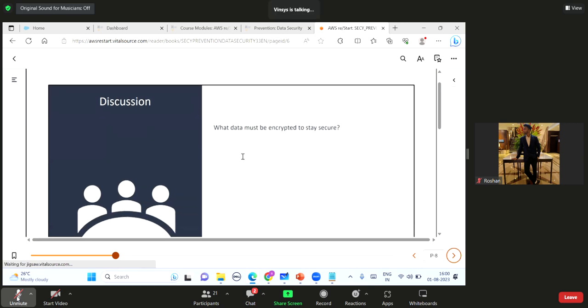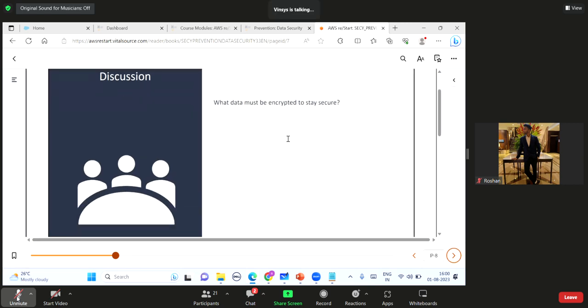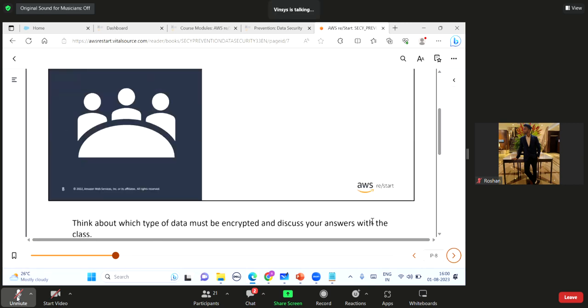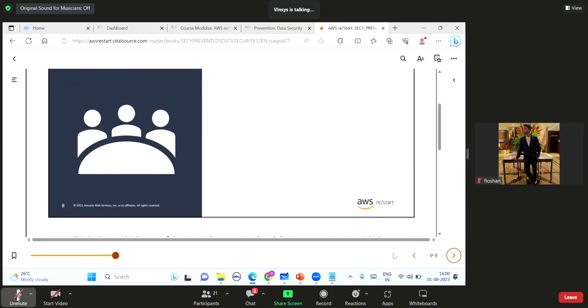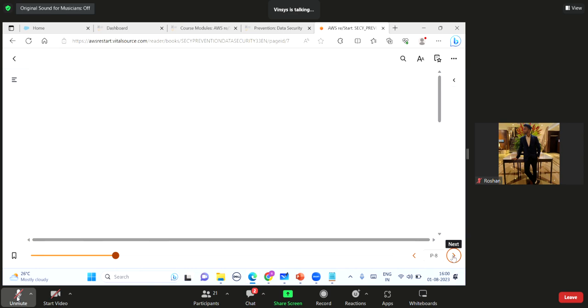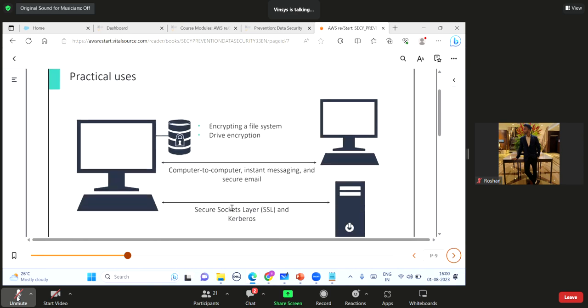Okay, fine. So what data must be encrypted to stay secure? I will say your personally identifiable information. All your PII should be encrypted. Practical uses of cryptography: encrypting a file system, drive encryption, computer to computer instant messaging and secure email, Secure Socket Layer (SSL) and Kerberos.